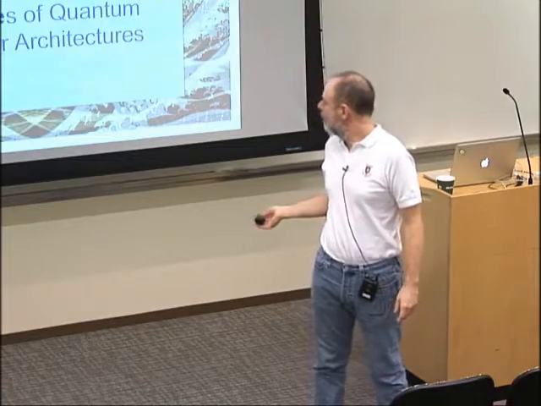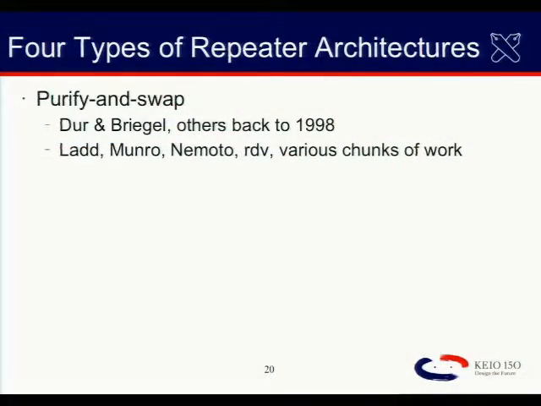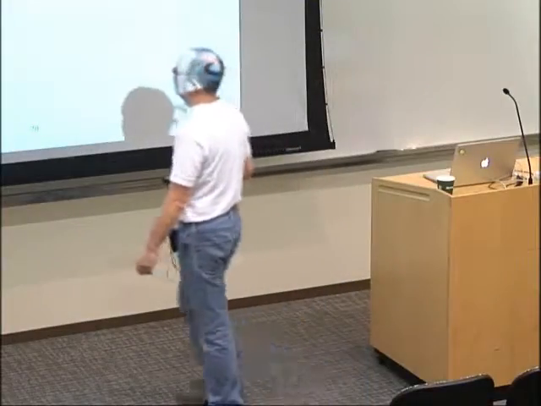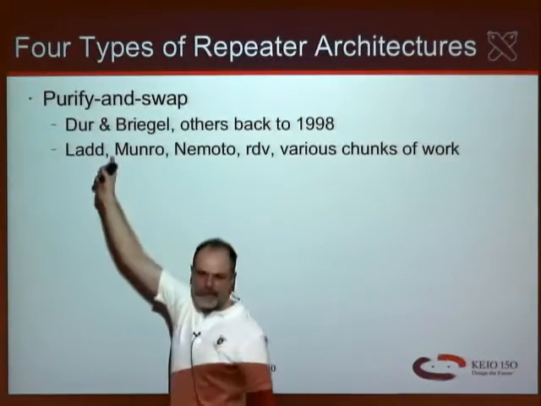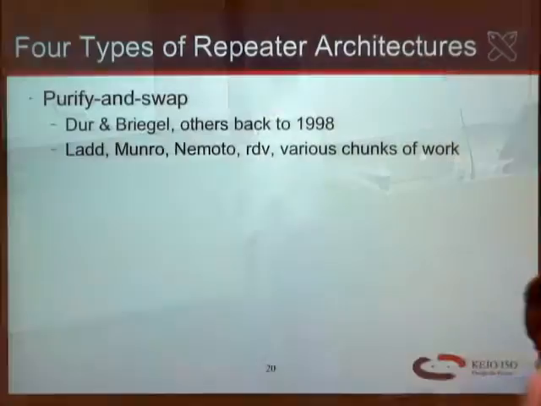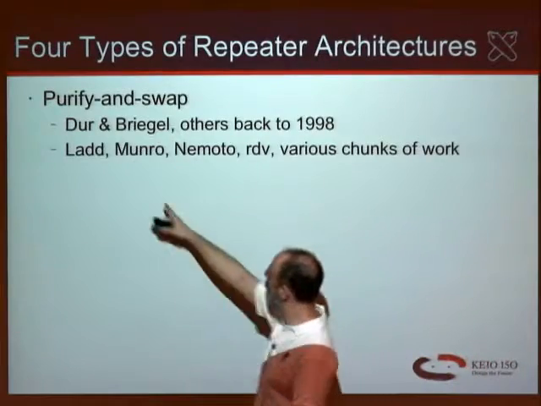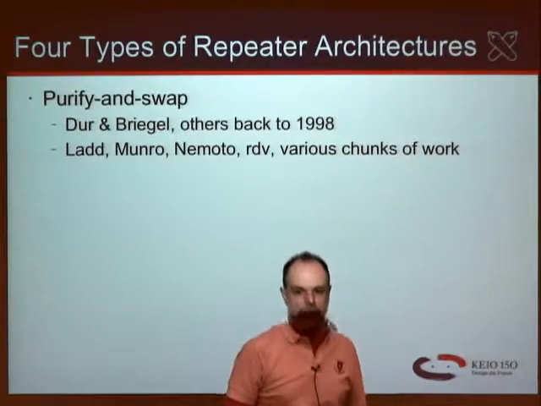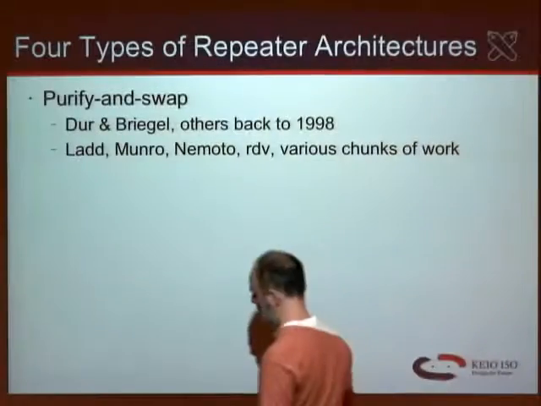The four types of quantum repeater architectures. I'm not going to go into the details of each of these types. You can get these from the papers, of course. The purify and swap architecture was originated by Wolfgang Dür and Hans Briegel and others going back to about 1998. Various people have made lots of contributions to this. The group that I have worked with, Thaddeus Ladd, Bill Munro, Kae Nemoto, have done their share of work on this. Others include, let's see,